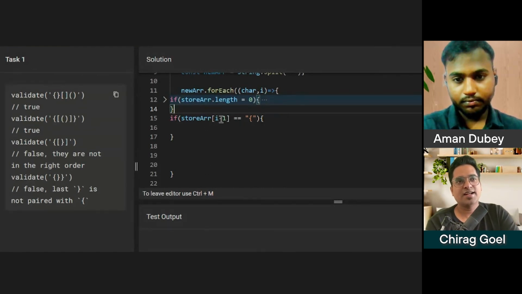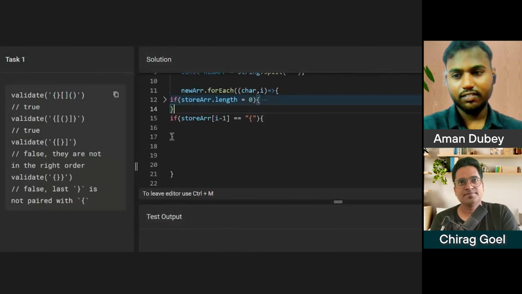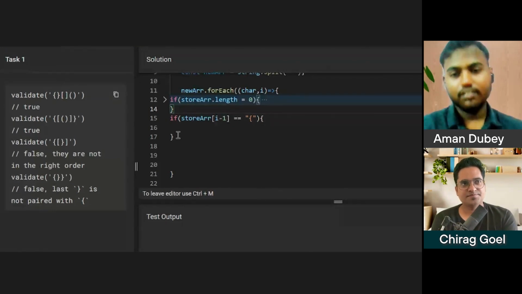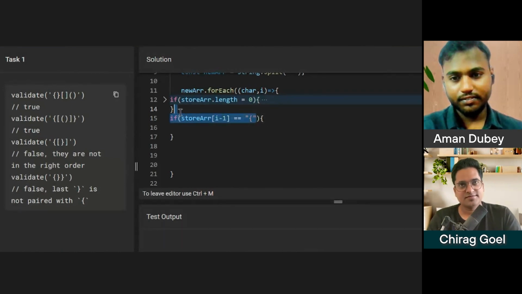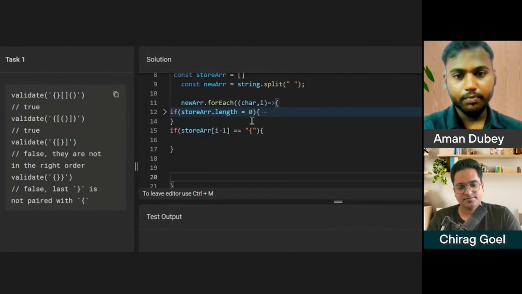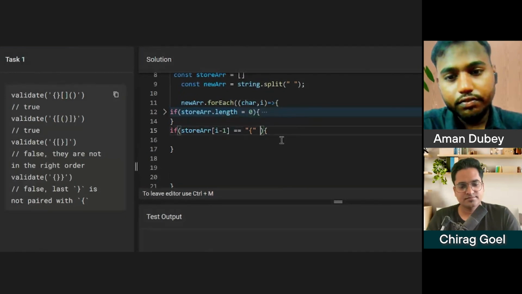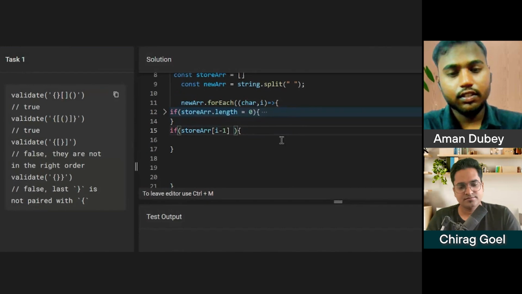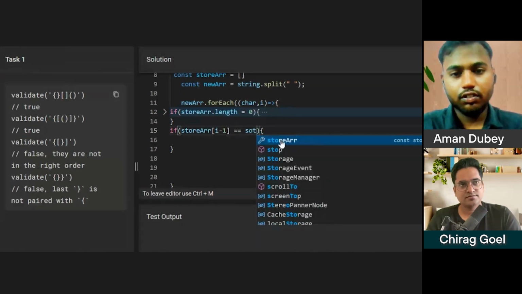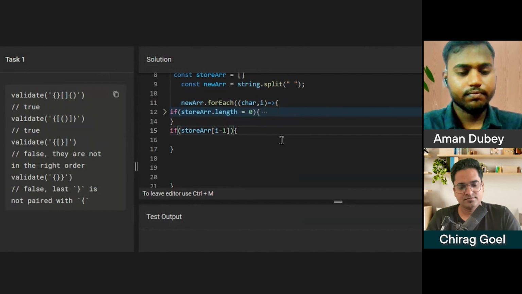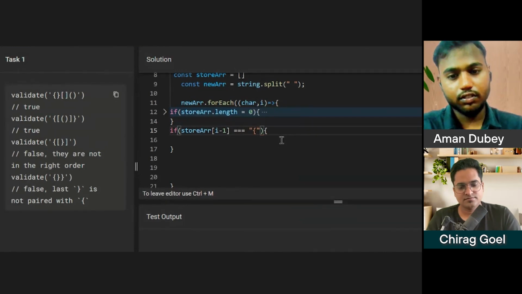Hardly three conditions that you have to write, right? Okay. If stored of I minus 1, for now some value is stored in that, and I have to access that value. If this, and if stored value of I is still equal to this, just need to do this.